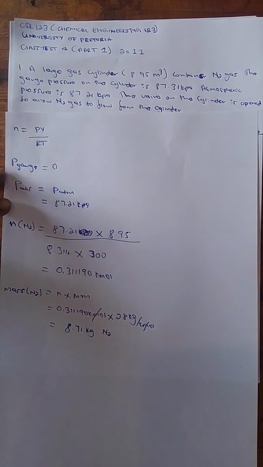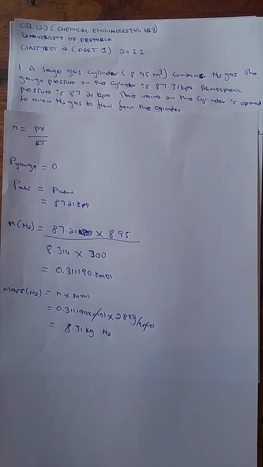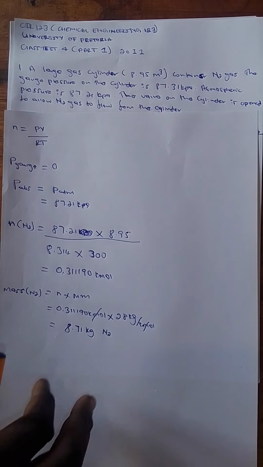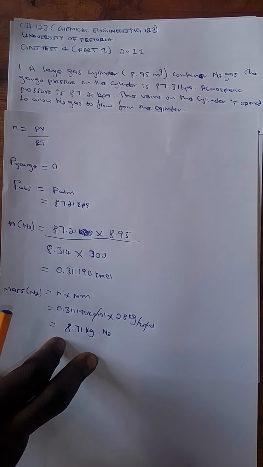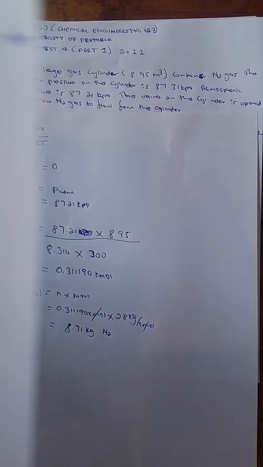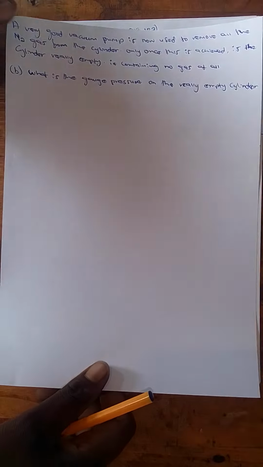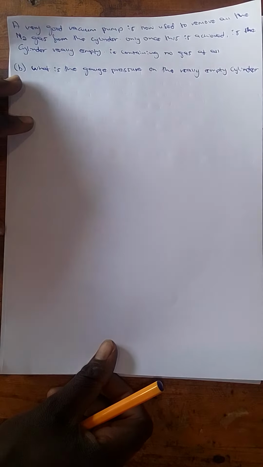So now we have answered the first question, which said to calculate the mass of N2 that's left in the cylinder. That is our question A. After we are done with question A, we go to question B of the same class test 4. And question B says,